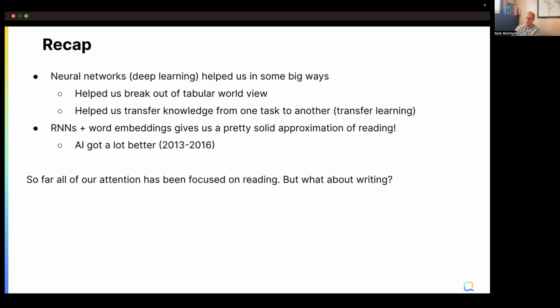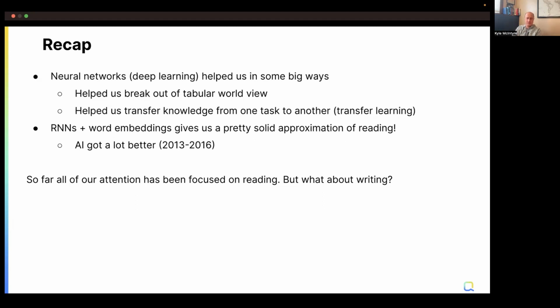The example we saw was the word2vec algorithm, where we played fill in the blank on a bunch of web data. We didn't have to pay any data annotators to label stuff for us. We just downloaded web data, corrupted it, and created our own quasi-labeled data set that way, and trained a neural network to play fill in the blank. As a byproduct of that, we learned these deep numeric representations of our tokens, of our words. So the RNN didn't just have to see token 3, it could actually see this deeper numerical representation of the meaning of token 3.